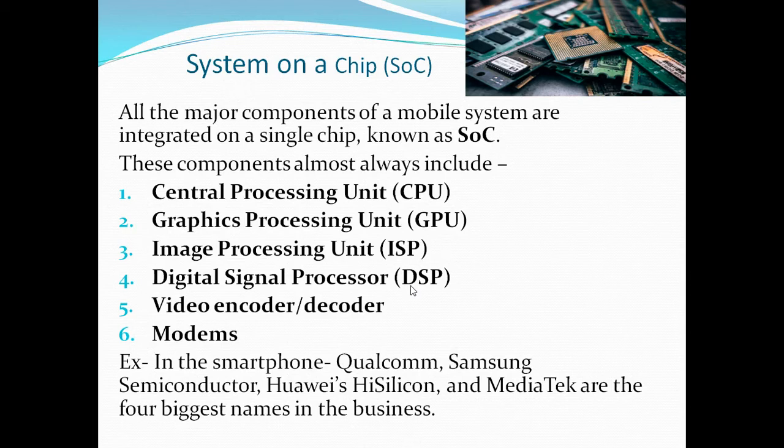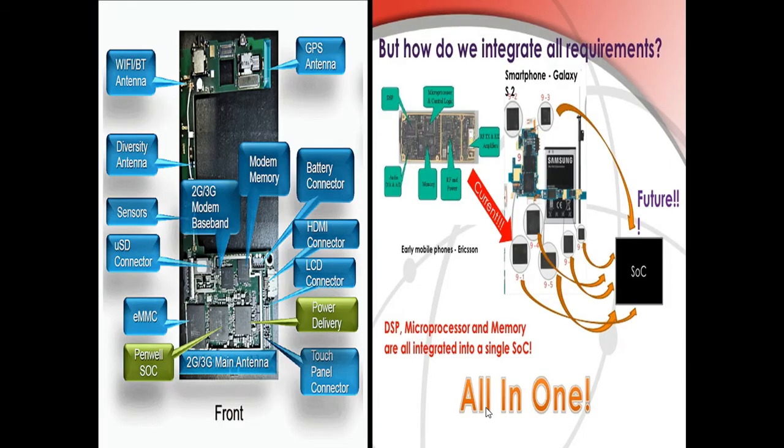Right? Now, these SoCs are helpful in different smartphones, tablets, and wearable devices such as smartwatches. So we can say that SoCs are reducing in size day by day. Some common examples used in smartphones are Qualcomm, Samsung Semiconductor, Huawei Silicon, and MediaTek. These are the biggest names in the market. So maybe one of these is inbuilt in your device also. This is how a SoC looks. See, all the components are combined together, forming a SoC.